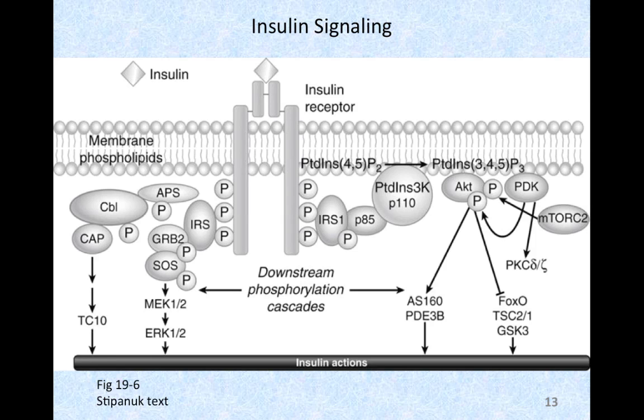and that stimulates the phosphorylation of AKT. AKT is a molecule that can